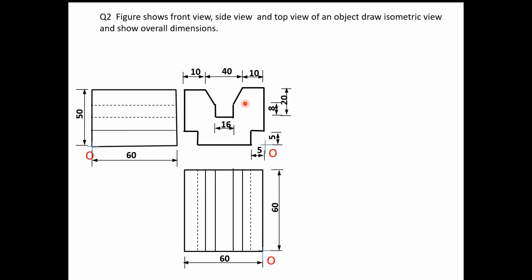Now what is the length and height? If you see here, the length is 10 plus 40 plus 10, that is 60 mm. What is height? Height is 50 mm, that is given inside. What is width? Width is 60 mm. So we have to draw the 60 by 50 by 60 isometric box. Now first we will draw the horizontal line. Next mark the origin, then draw the isometric line at an angle 30 degree, another line at an angle 90 degree, another isometric axis line at an angle 30 degree.